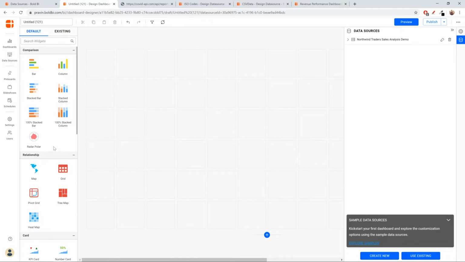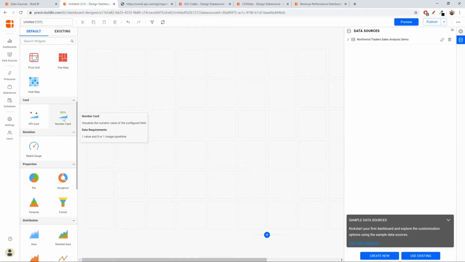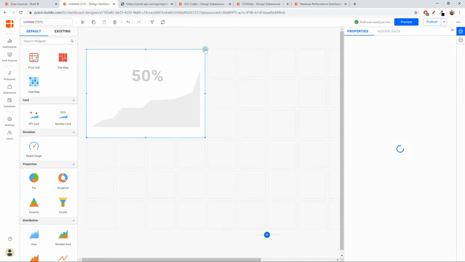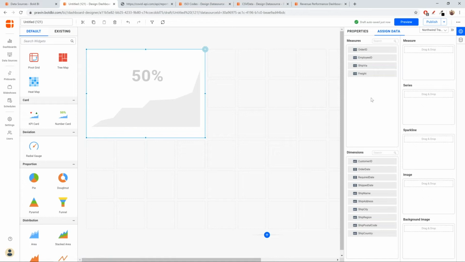And let's add a number card to show how the data changes when you change the parameter value. So in the number card, I can just configure the customer ID and any other metric. Okay. So this number card is basically used to show a simple or a single metric. So I'll just drag and drop the customer ID here and the count of orders. Okay. Instead of sum, I'll just change it to count. So we have the customer ID and the number of order count or order quantity here.